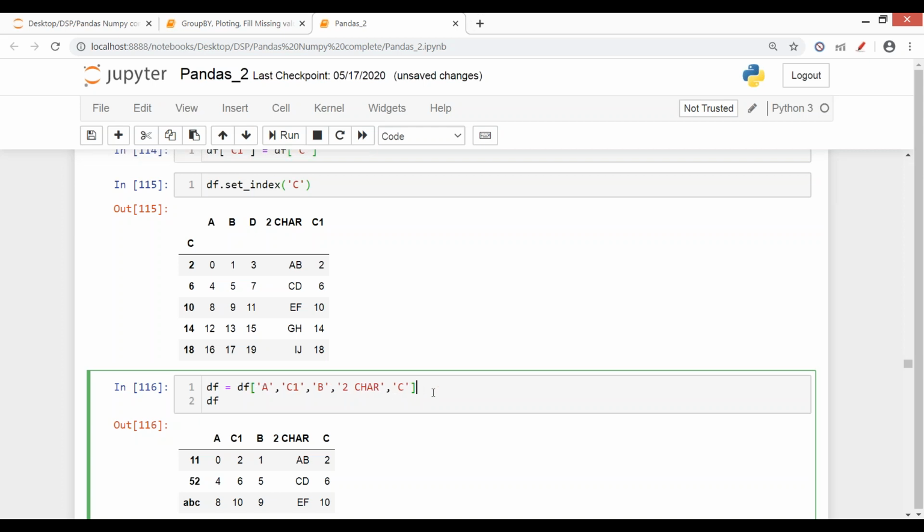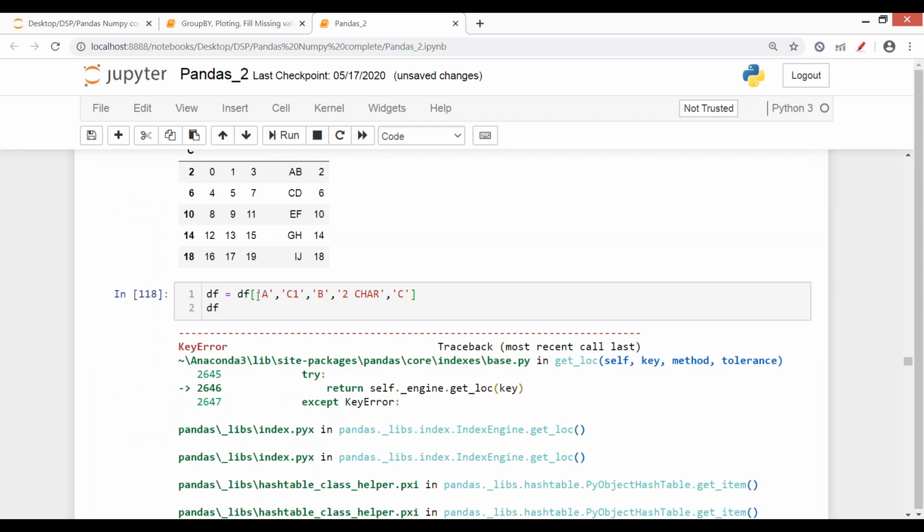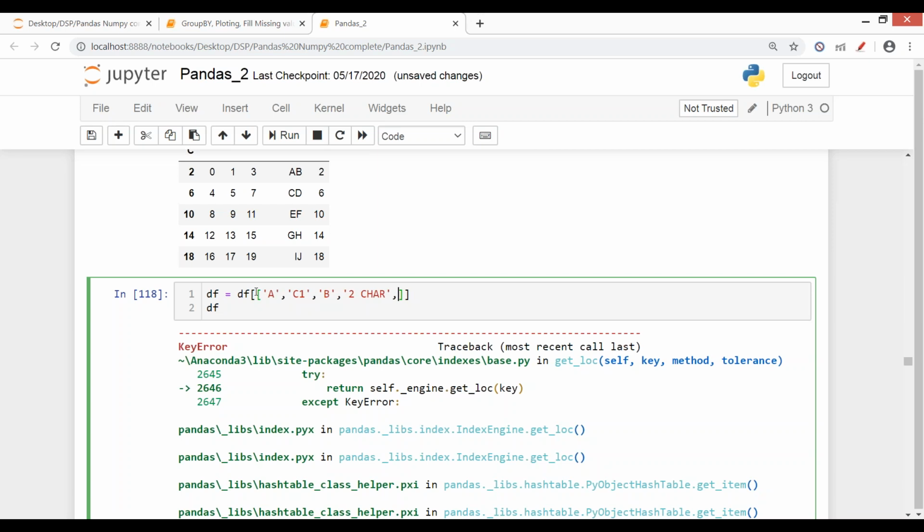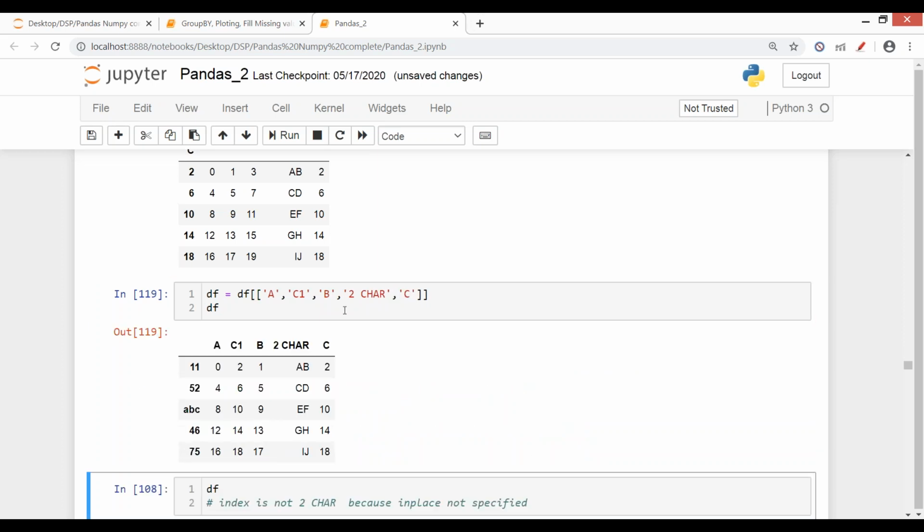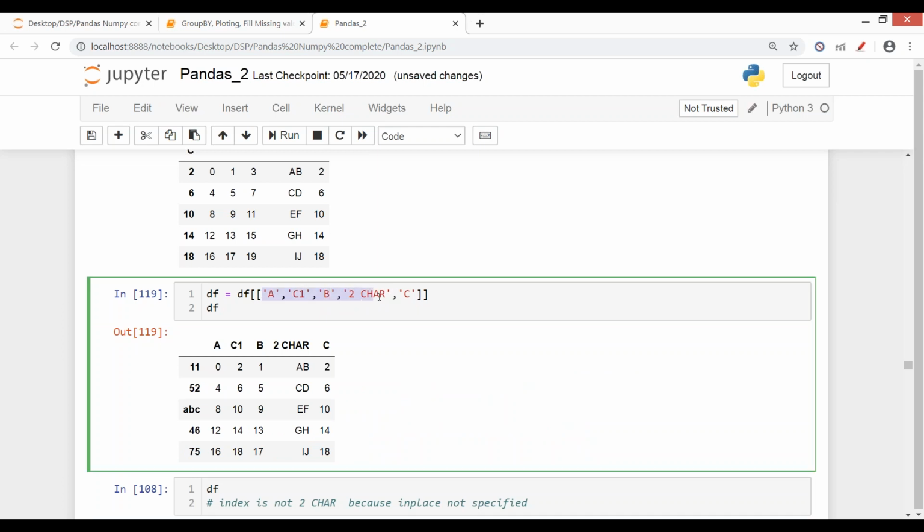See, when you want to write a single column name, तो उस केस में see if I give this, so single bracket कब होते हैं? जब आपको सिर्फ एक कॉलम का नाम लिखना है. When you want to write more than one column name, then you will have to always include double square brackets. Single square bracket won't accept. See, multiple values के लिए be it 2, 3, 4 और n numbers, आप हमेशा उनको double square bracket में लिखेंगे. And if only one column name is to be considered, then single bracket is enough.